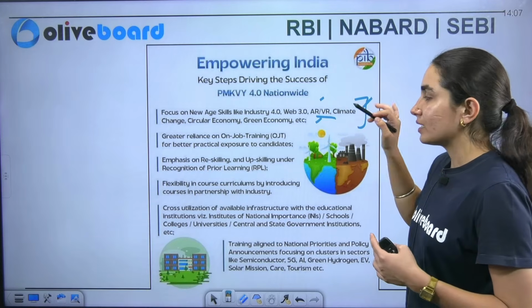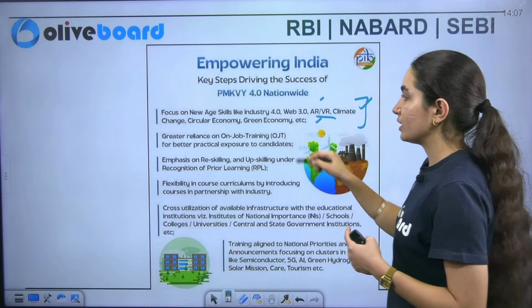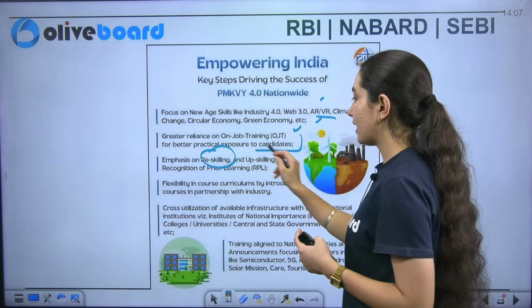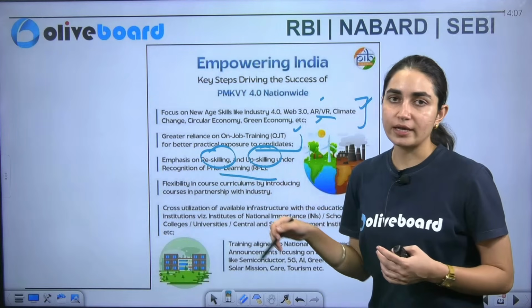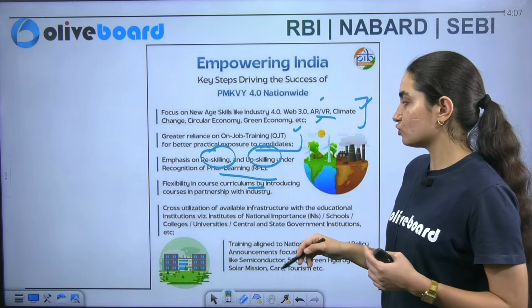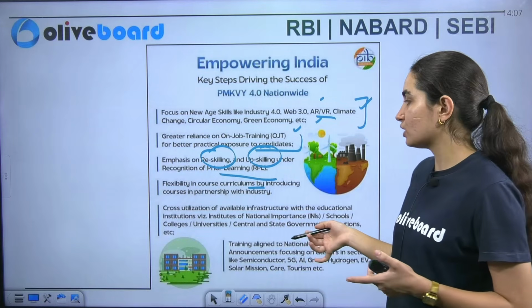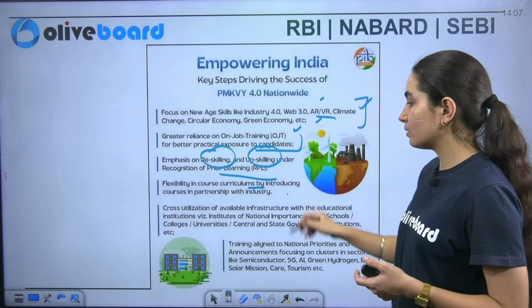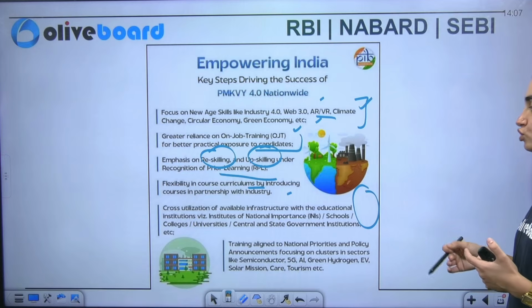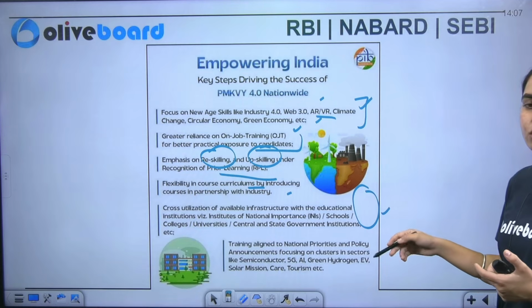as the focus here. Greater reliance किसके ऊपर है? On the job training के ऊपर for the best practical exposure. Then we have focus on reskilling and upskilling under this recognition of prior learning. And then we have flexibility of the course curriculum also, which is introduced in partnership with industries. Cross utilization of available infrastructure with the education institutes, that institutes of national importance, schools, colleges, university and the other